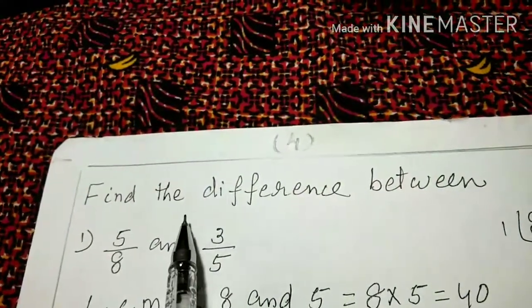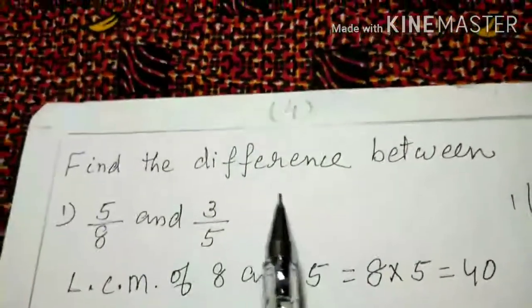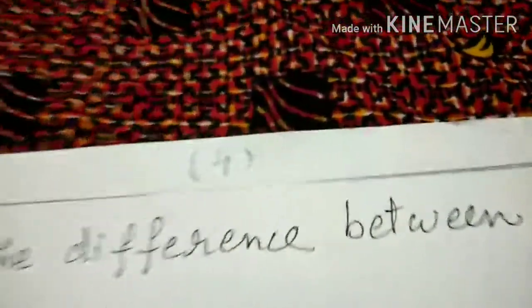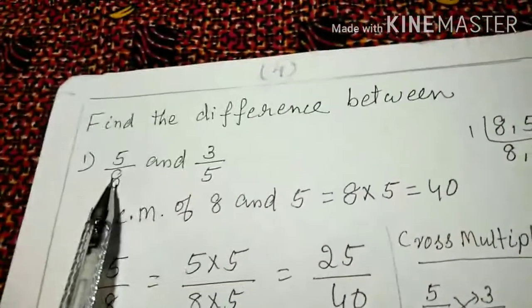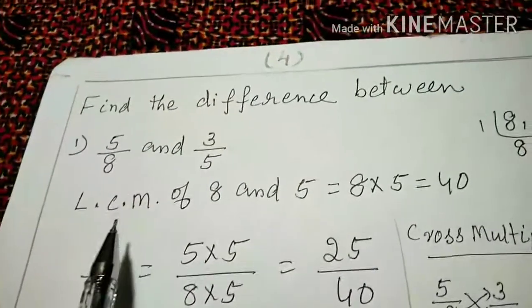Next type of question: find the difference between two numbers. Difference between two numbers means we have to subtract the smaller number from the bigger number. The given fractions are 5 by 8 and 3 by 5. Same as in the previous question, find the